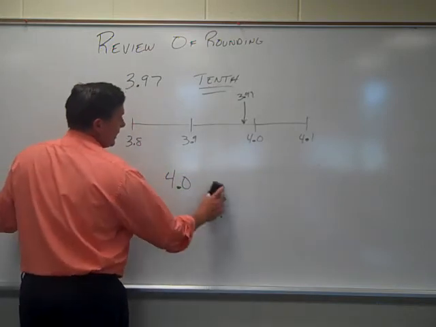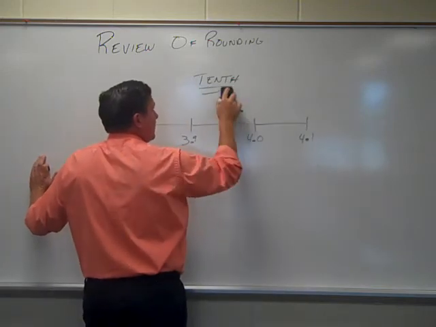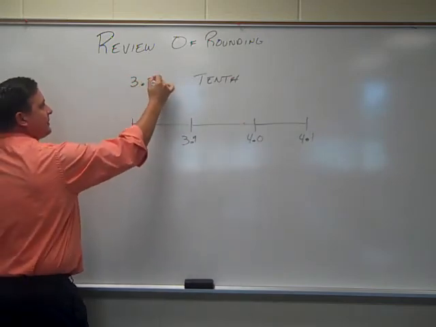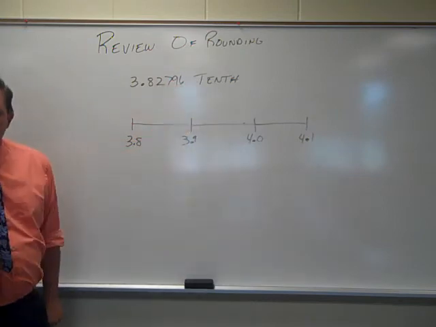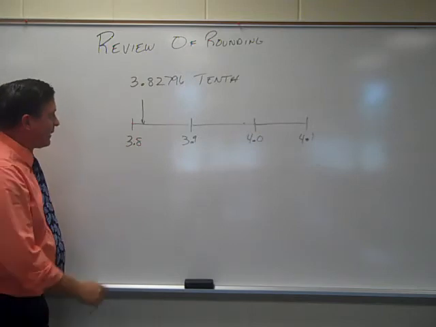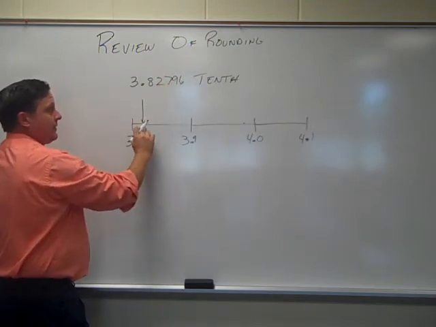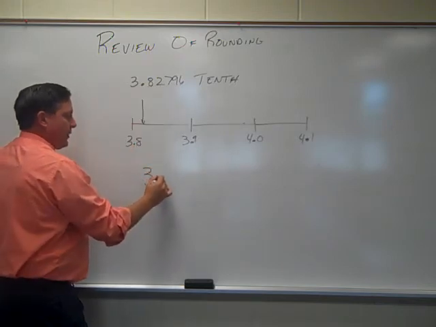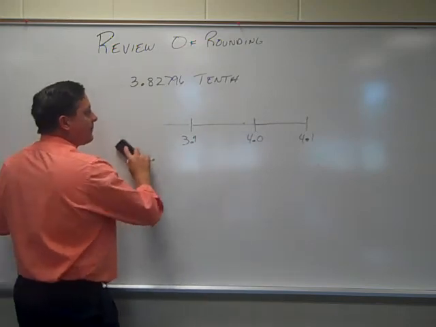Now again, we should do a couple examples where the number doesn't change. Say we go 3.82796. 3.82 is approximately right there. The 2, we don't care about the extra digits in this case. So the 2 is here, so this would round down to 3.8. Now, it does not matter